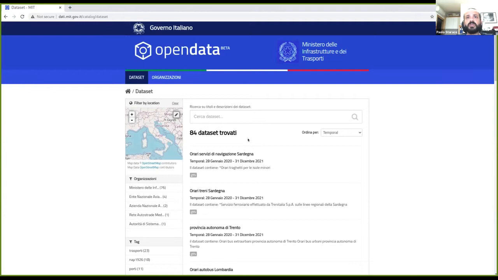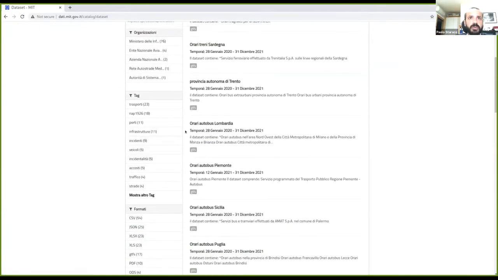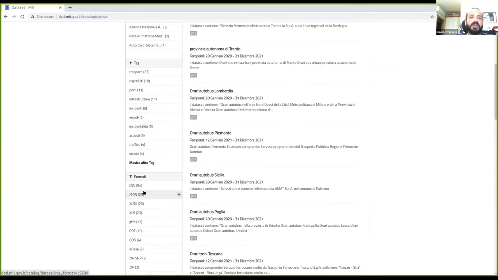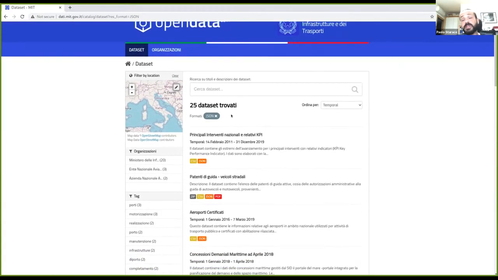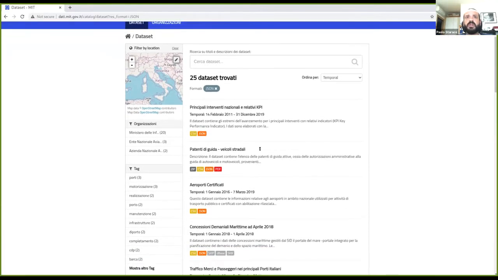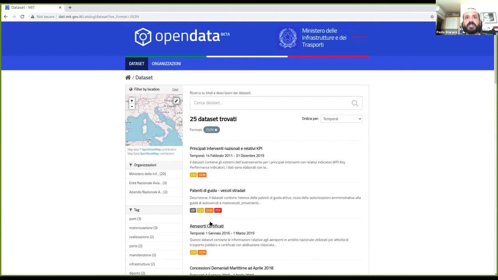So if possible, I would like to move to the portal to show you the annotation live. Okay, I need to filter for a JSON dataset. So this means a dataset that contains a JSON resource. And I can show you that one, for example, that is the airport.